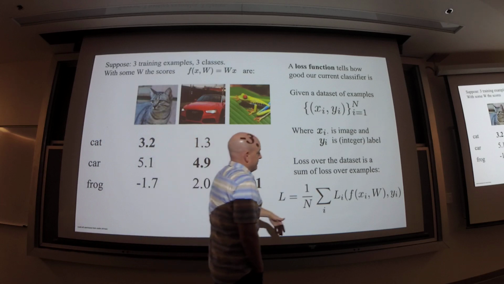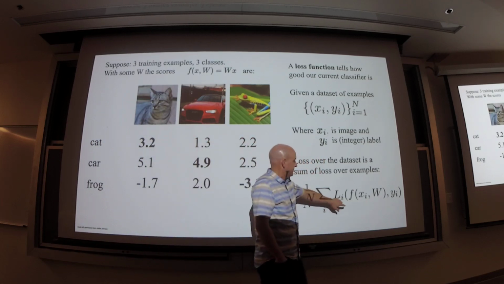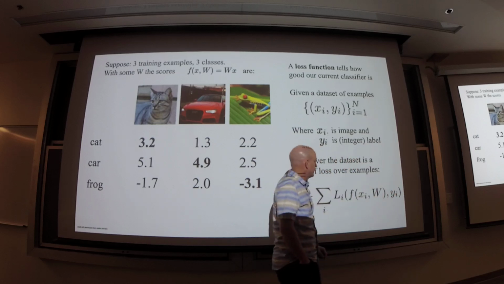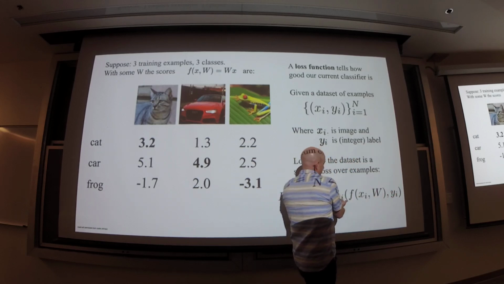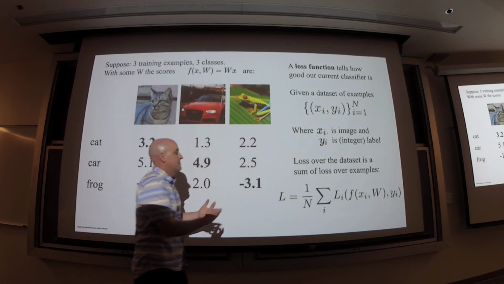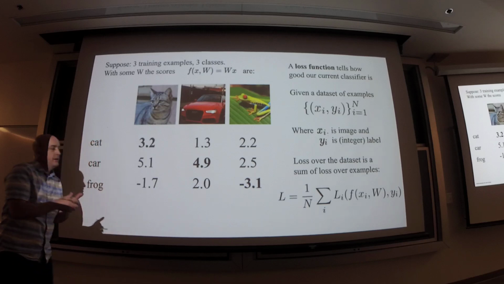Here's our score function for the example i. Here is the correct label, and this loss function is going to take whatever our score is and whatever the correct label is, and output something that says something about